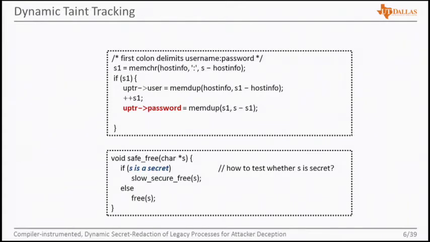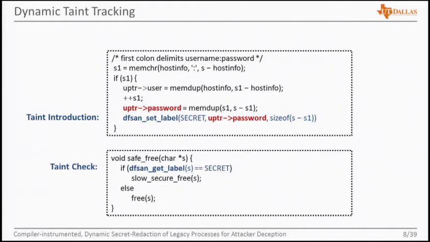If I am a developer, I can use an API provided by LLVM's DataFlow Sanitizer and add this operational classification here that attaches a runtime label to the password field. Basically, it instantiates a couple of bytes that get attached to that particular address in memory, and then it takes care of propagating those bytes as the password is used. Later on, I can check if the string given to that safe free function is a secret or not, and then choose which operation to take. So this seems nice, and it seems to work in theory,